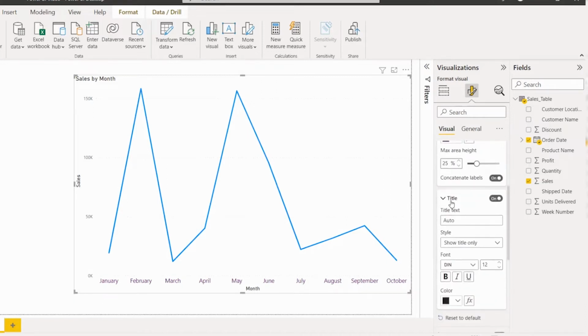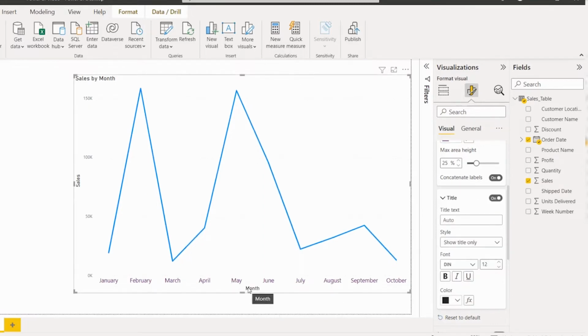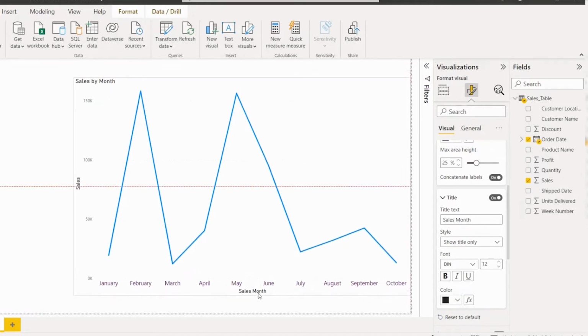And the other option is title. You can see by default the title is also enabled. When you disable it, in the x-axis field you cannot see the month name. So enable it so that you can view the title here in the x-axis field. We can also add the title text manually. Here you can see I have manually added a sales month, so in the x-axis it is displaying